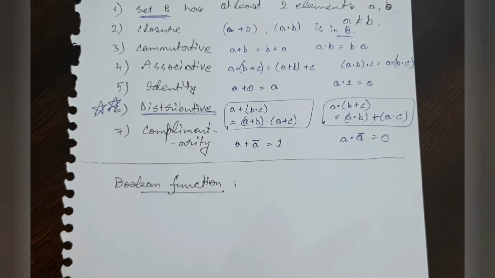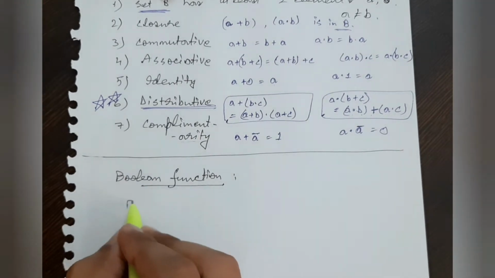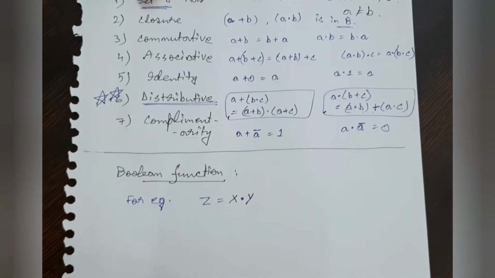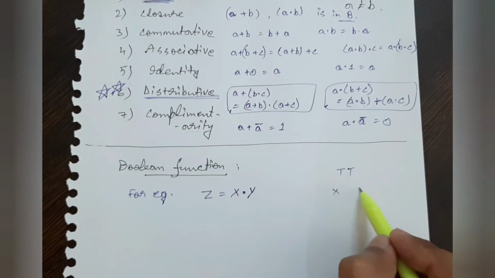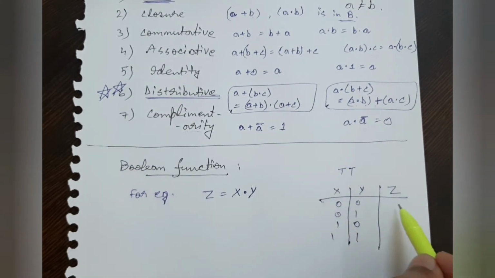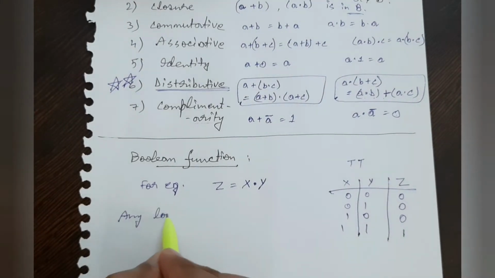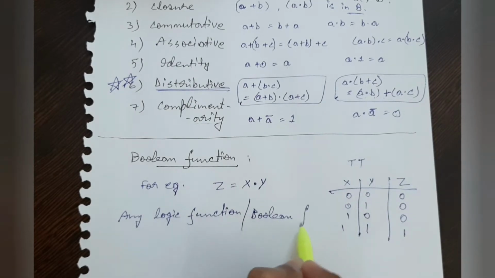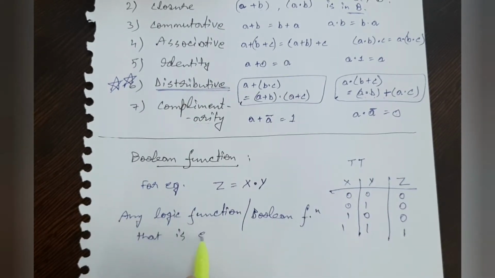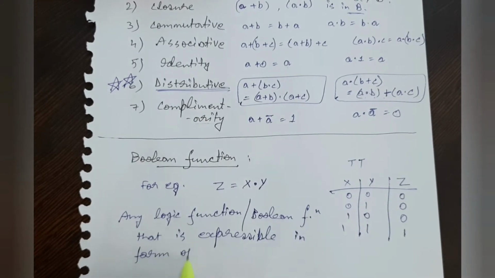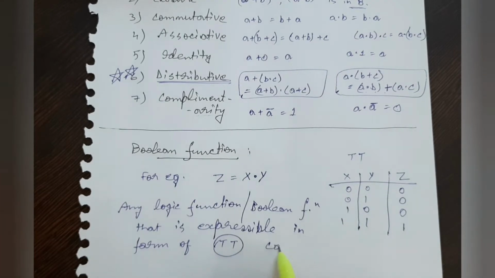Now we come to this topic, Boolean function, which is frequently used interchangeably with logic function. So you can read the definition in the textbook. Here I think it would be better to give you an example. So we consider here Z is equal to X logic AND Y, or X dot Y. So here's the truth table. The combinations for XY are 0 0, 0 1, 1 0, 1 1, and you can see that the output Z will give 1 only when both of the inputs X and Y are 1. The rest of the three outputs would be 0.